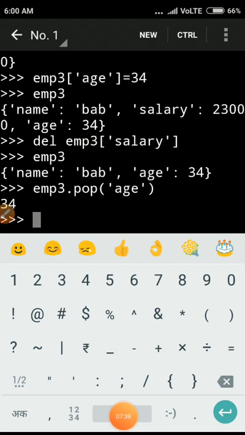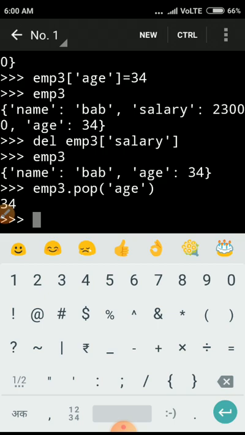Now the next way to delete an element is the pop function. We use the dictionary name, then pop, and inside the pop function we give the key. It will delete that key and show its value.